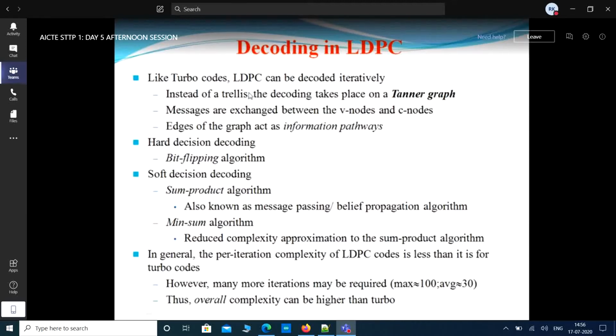Trellis is one of the convolutional code techniques only. Instead of a trellis, the decoding takes place on a Tanner graph. Actually here there are mainly 3 important decoding techniques in LDPC. One is